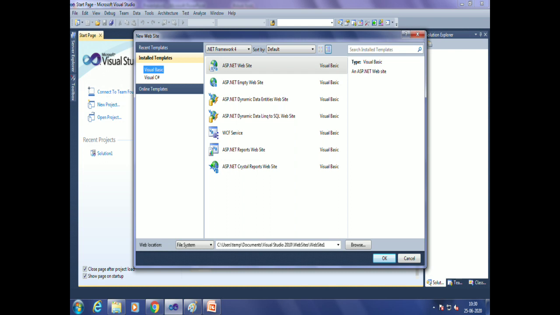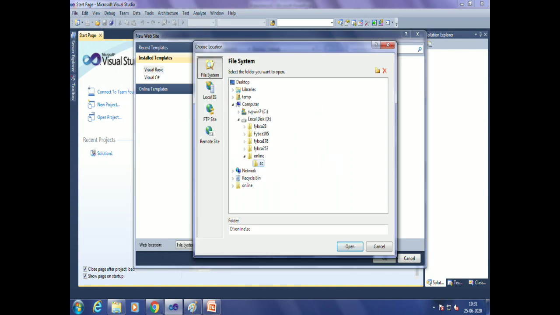Okay. Step number 3, at bottom side, we have a browse button. So we have to click on browse button to save current website on specific location.